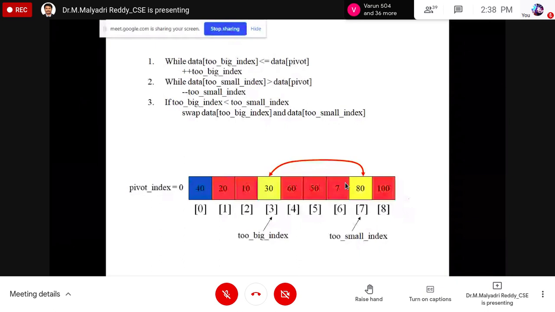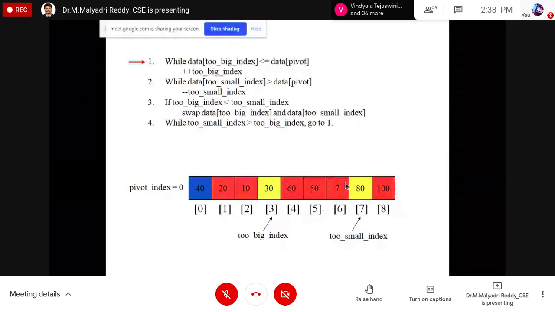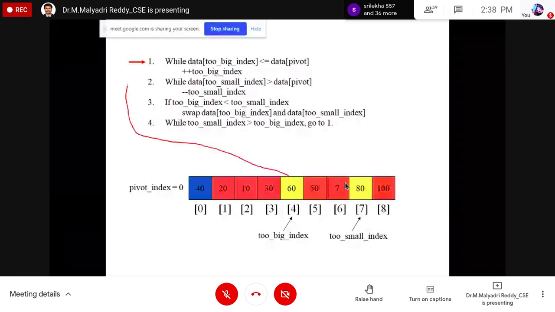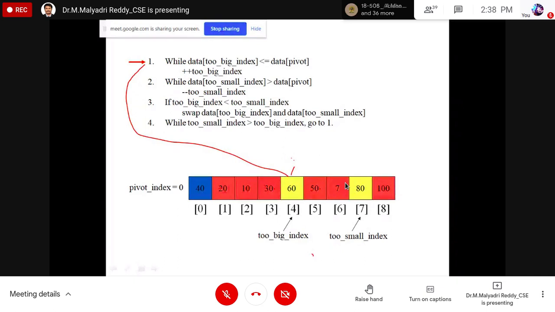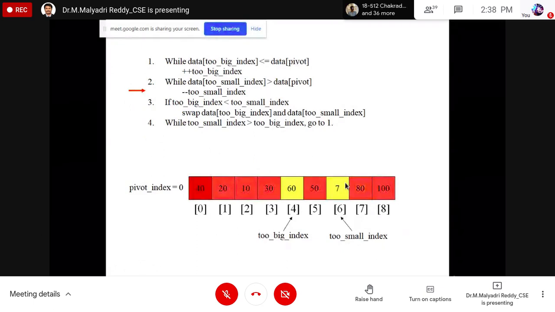Again, check the value. 30 is completed. Next move to 60. For the I value, we need to check 60. Start the iteration. Why? Because 60 is greater than 40. According to this rule, the I position always represents a smaller value, but here 60 is greater than the 40 element. Stop the iteration and go to the right position, J. Here J at 57 is greater than 40, but the condition fails at the smaller element. Next I have to check these two values.